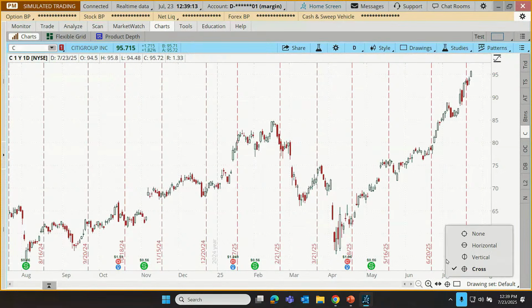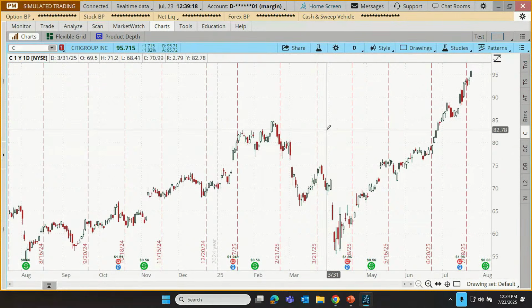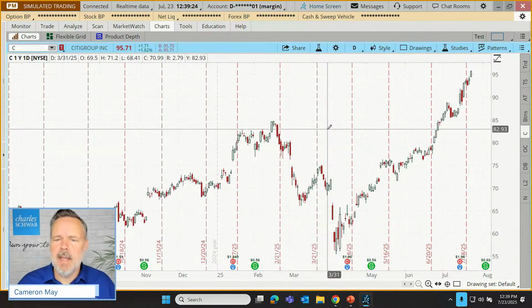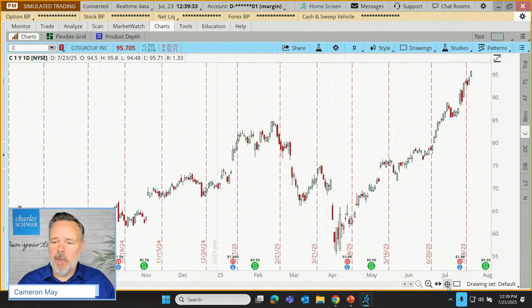I can also change my crosshairs arrangement. You'll notice as I'm moving up and down left to right, I have a vertical crosshair and a horizontal crosshair. I suppose a combination of which is why we call them crosshairs. In any case, this can allow me to line up a date with a price. Not everybody uses that feature. Maybe they only want to see dates. Maybe they only want to see price, or they just don't want to see anything at all. As we're moving around now, we don't have those crosshairs following us. Let me turn that back on.